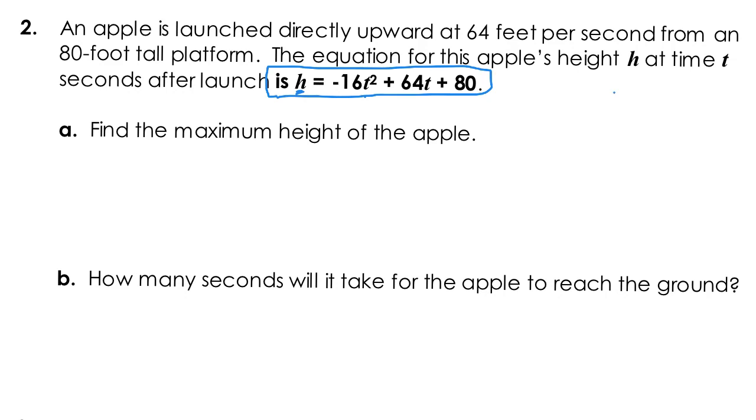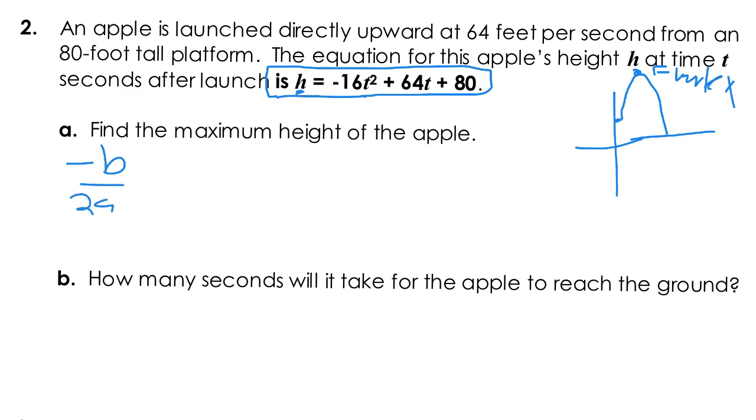Okay, so we've got this apple, right? It's on a platform, getting launched straight upward and then coming back down. So what's the max height? The vertex, right? And we all know how to find the vertex. We know that the axis of symmetry is negative b over 2a. That's going to give us our axis of symmetry. So let's calculate that real quick. Negative 64 divided by 2 times negative 16, and that is going to equal